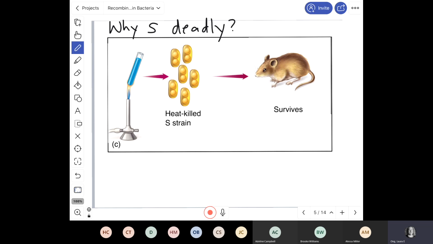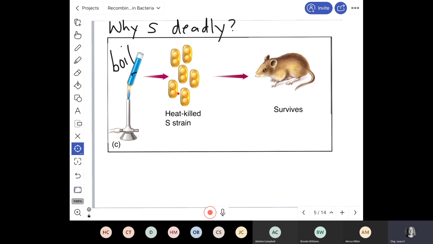So what I was saying is, Griffith knew rough strain was okay, S strain is deadly, but he wanted to know why S is deadly. And he thought, well, maybe they're making a poison. Maybe it's something that's leaking out of the cells that is deadly. So he had the idea that he was going to boil them. He was going to boil the bacteria in the test tube and kill them with heat and then see what happened. So he took a smooth strain with a capsule, boiled it,